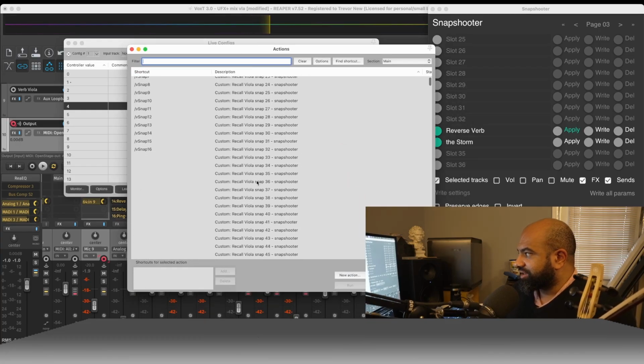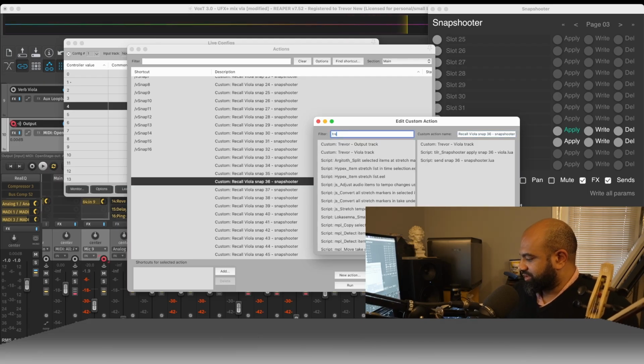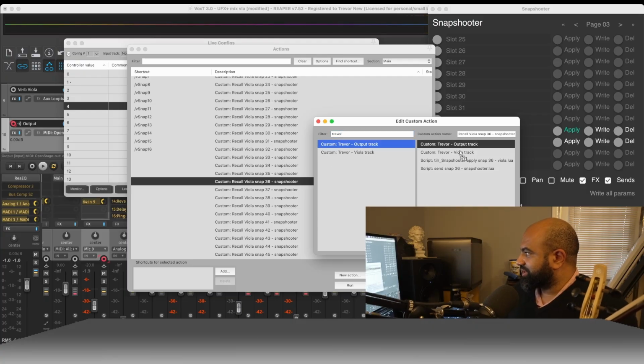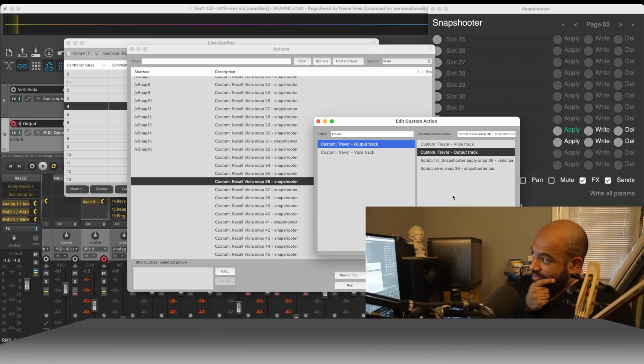And as you can see, this is a lot of work. And I need to add the output as well. So custom, let's say Trevor, which is me. So it should allow for, yes. All right. It'll allow for both of these to go through. And then